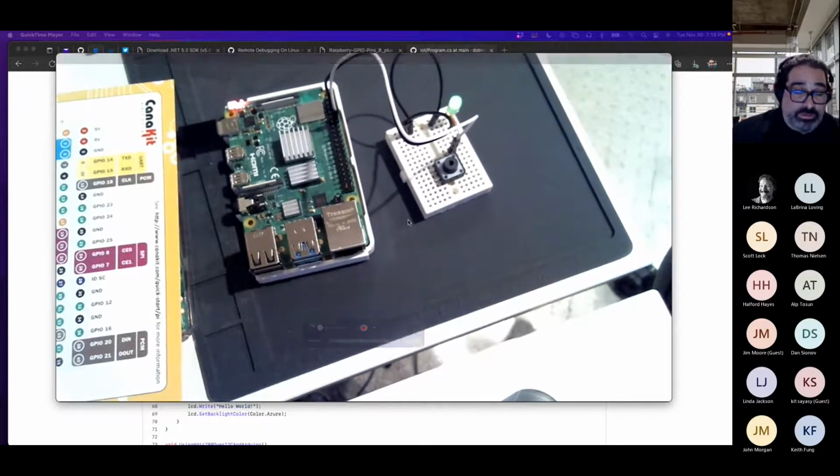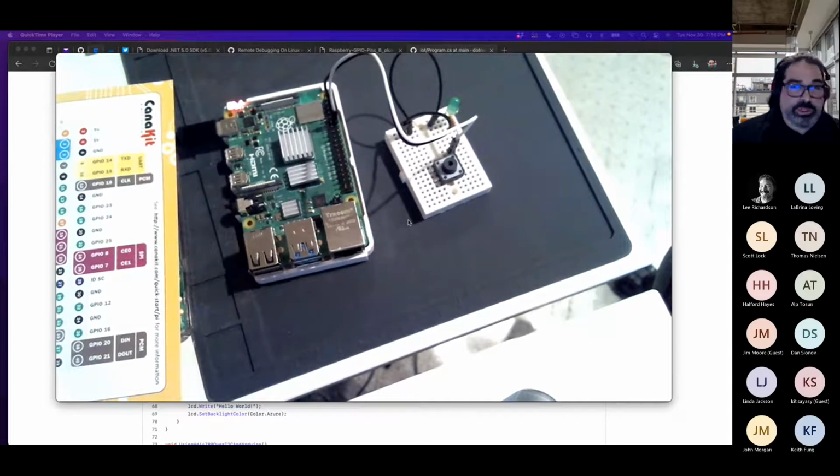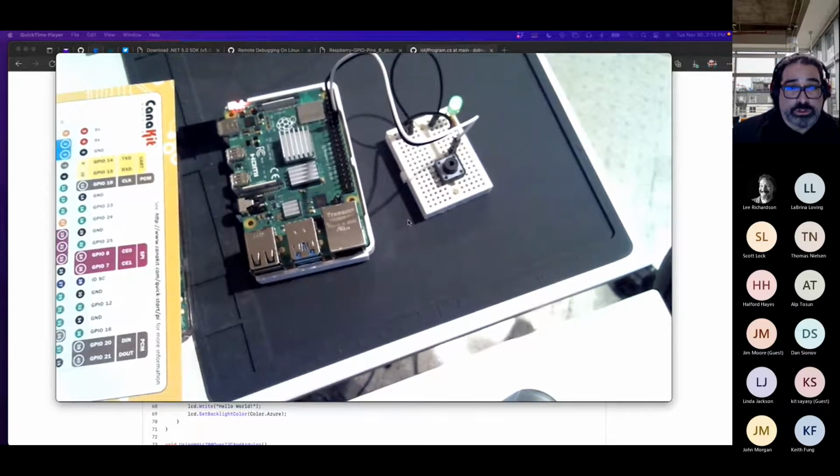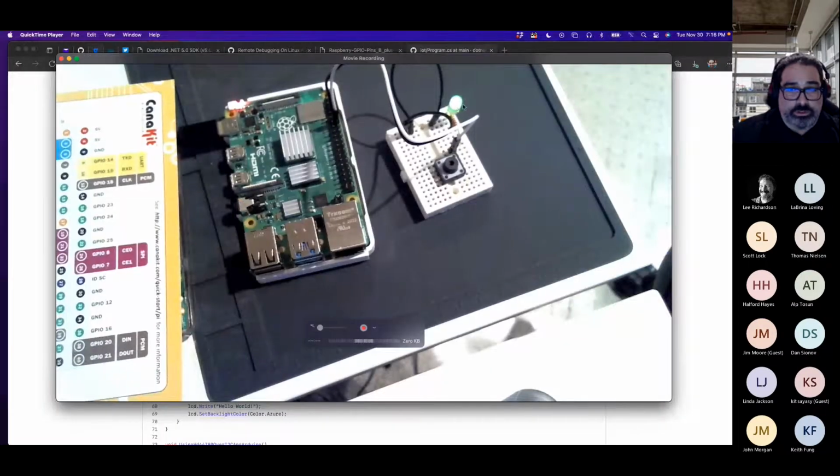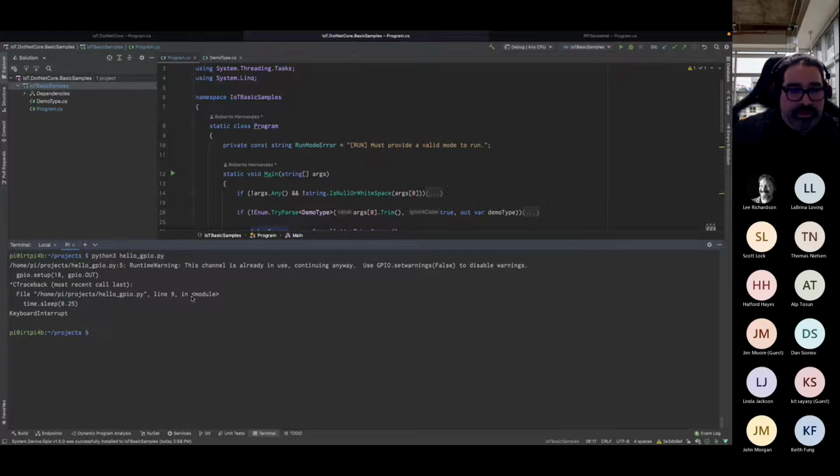So again, for us, 75%, probably more, of prototyping IoT devices, Python is going to be enough. If you want to grow a bigger, more robust application, and want to take advantage of building something on the language that you know, so a .NET-based language, C# in this case, .NET Core is the way to go. So I'm just going to go ahead and start that work. So this is still running. Let me kill it. And I apologize, it's going to be on for a little while, because I didn't write a clean way to exit that program.